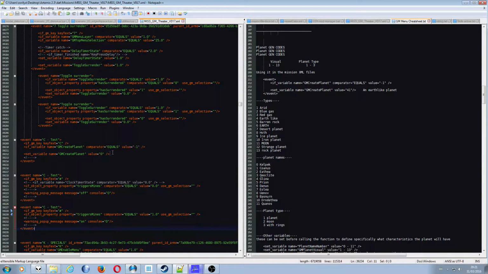Let's have a look at some very specific planets here. So we've got the cheat sheet, as always. We've got a big block of stuff which you can have a look at. If you want to put a very specific planet in, between 1 and 13 will get you one of these types of planets. We've got an arid planet, a blue gas giant, a red gas giant, an Earth-like planet. To be honest with you, that one's not so good as Earth. And the Earth texture is actually a little big right now, but we have a barren rock planet,